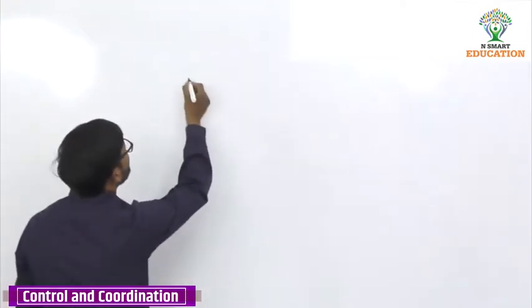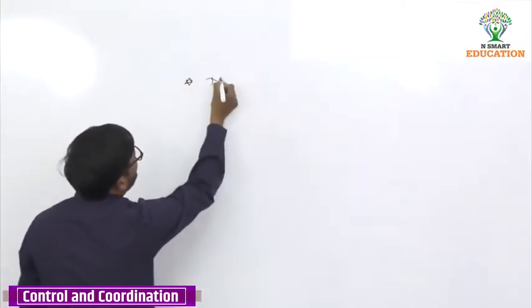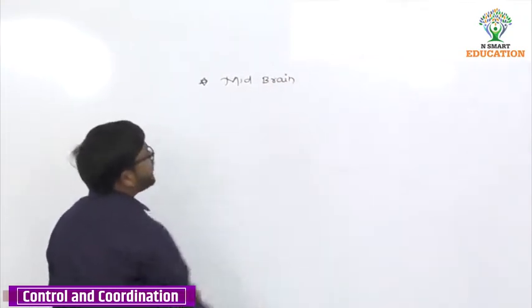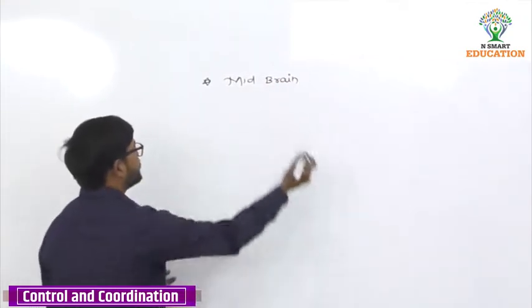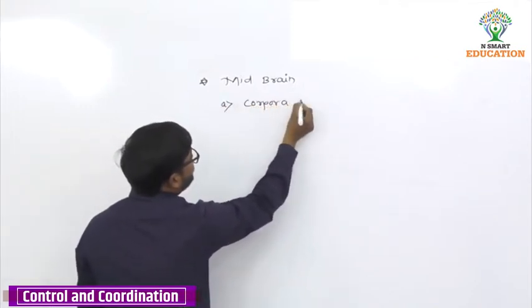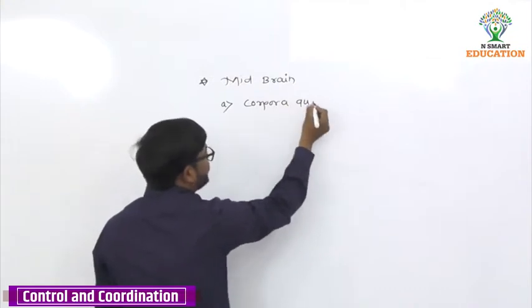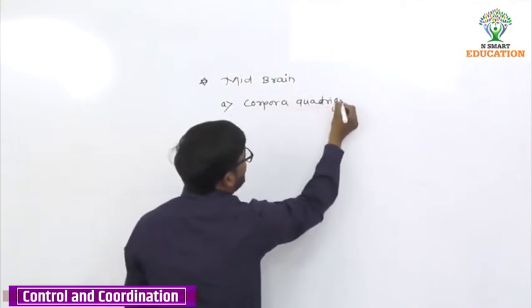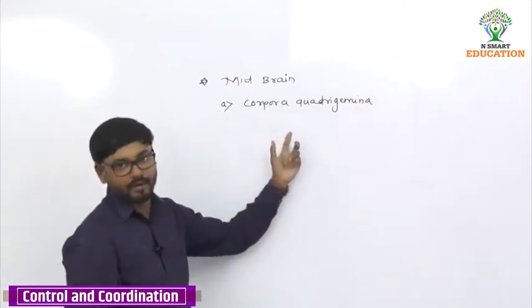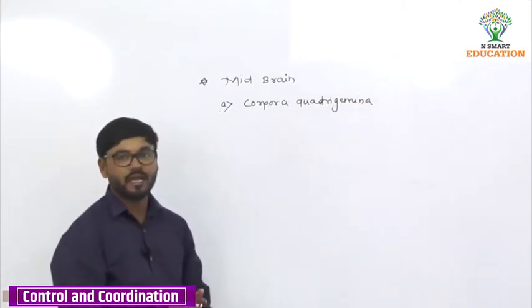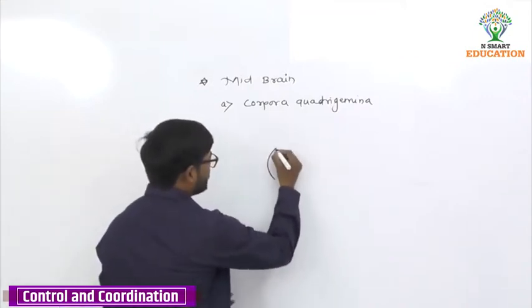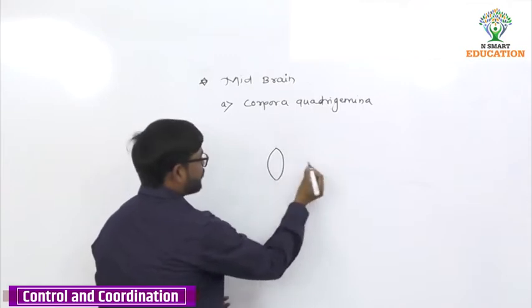Now next about the midbrain, okay, forebrain के बारे में अपन ने पूरी डिटेल में स्टडी की है। Now next about the midbrain के अंदर that is the first part that is called as the corpora quadrigemina, you know about, okay, it is the major part of the midbrain. Very important here, particularly there are two superior